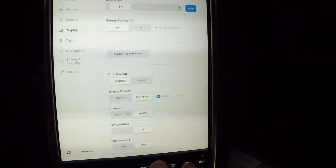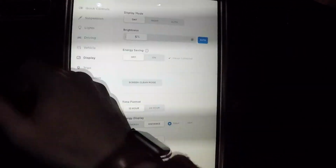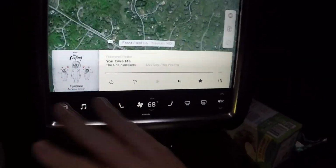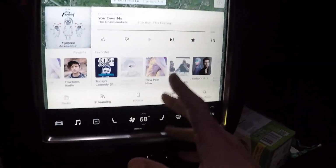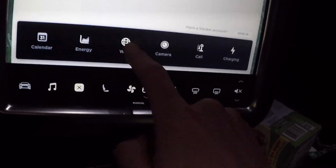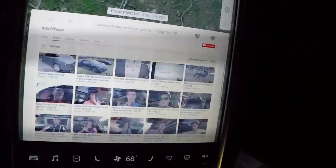It's a little bit easier, I think, for you guys to see, especially at night when it is dark in the car. So you have your launcher here, obviously. This is the radio, the mini control radio, the regular one, and then you have the larger display. But remember how the Safari wasn't working earlier on in the video? Well, if you hit web, yep, you know what? I think they disable it while you're driving now. So that is